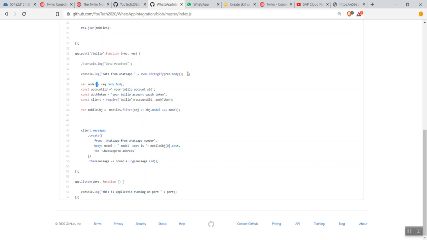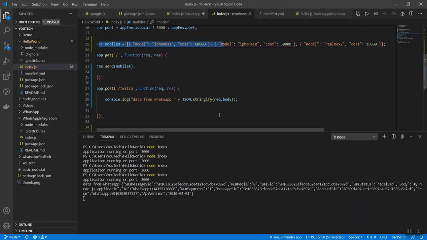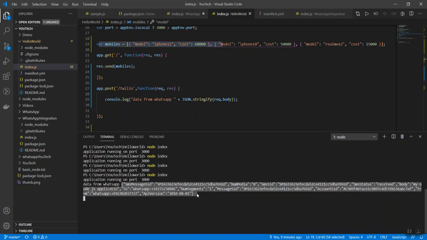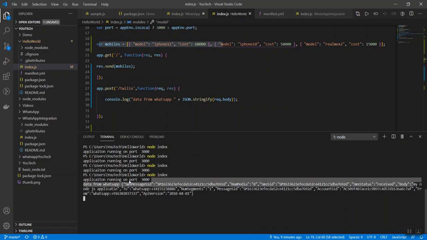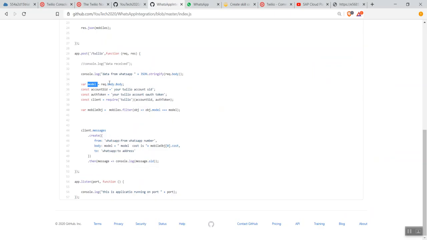So what it does: I'm able to receive my message, and once I receive it, I keep everything in the model object. You can see here this is the entire body, which I can treat as the entire request body. Inside this body there is another key called body. This is where I see the message exactly as entered by the end user. That's the reason I'm using body.body. This body is mainly from Twilio, and this is from the request module of Node.js.